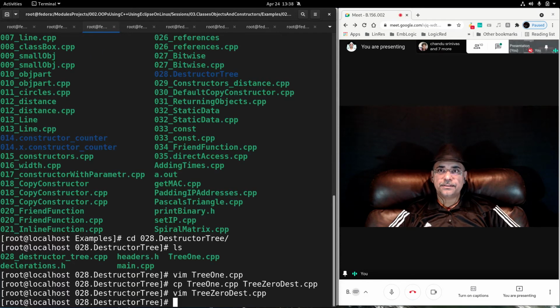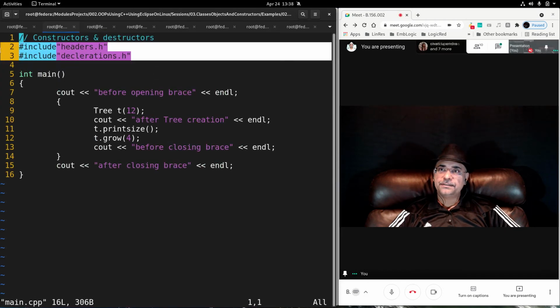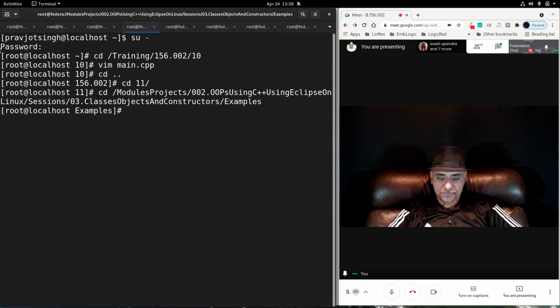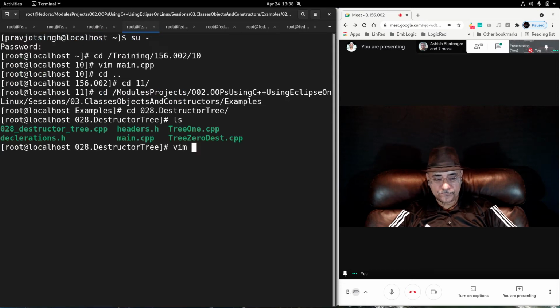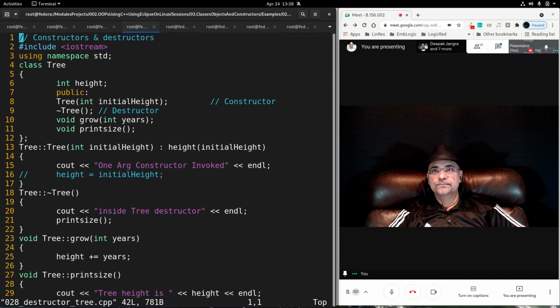Then next we need this function. We need grow function. Did we write grow function?